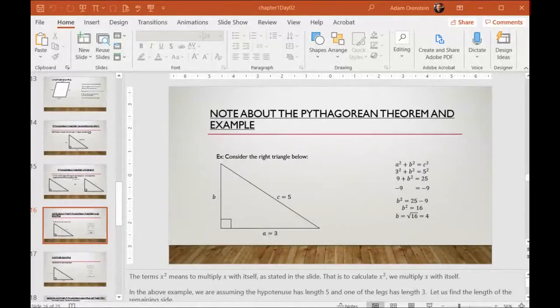Okay, someone had another question. Yeah? Can you check your answer to see if it's right when you get the square root by plugging it in? Yeah, you can. You can plug it in, right? If you plug in, we got b is 4, right? If you plug it back into the original equation,